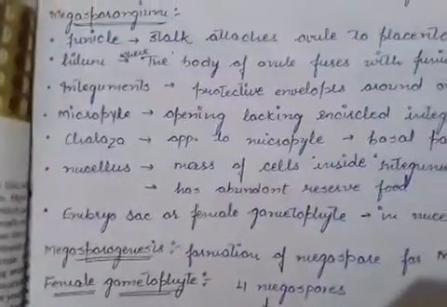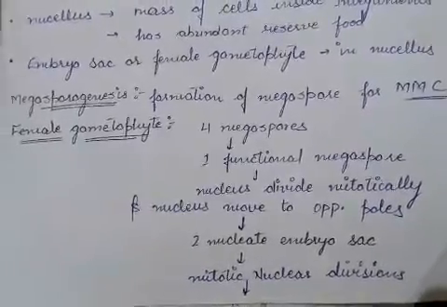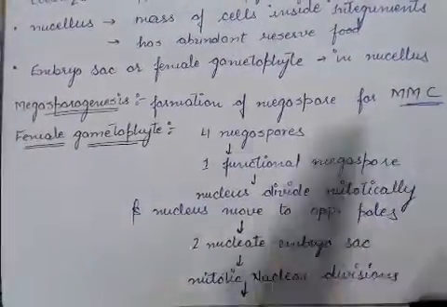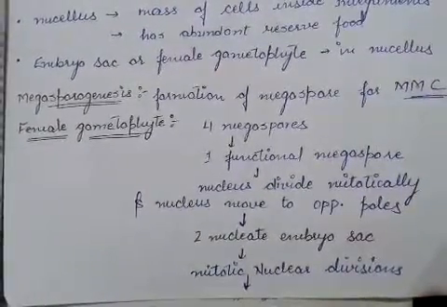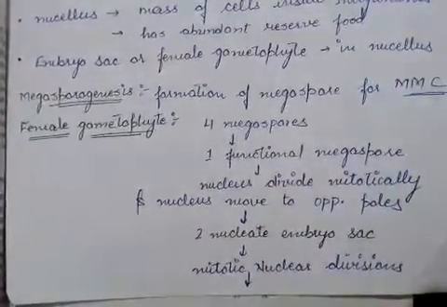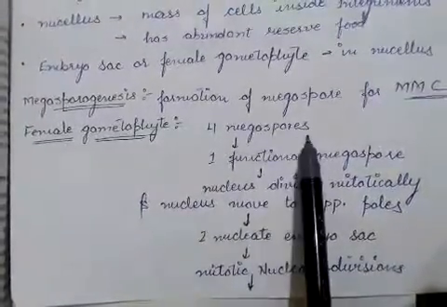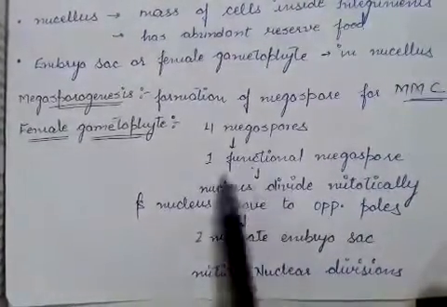Next, we are on the megasporogenesis. It is the process in which we study how the megaspore will form from the megaspore mother cell. It means megasporogenesis is the process in which the conversion of the megaspore mother cell into the megaspore takes place. The female gametophyte comprises 4 megaspores. The start of this study occurs at the level of 4 megaspores, from which 3 degenerate,